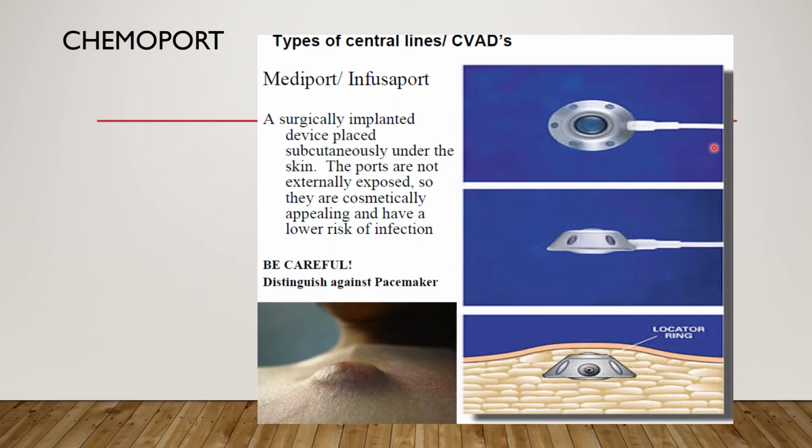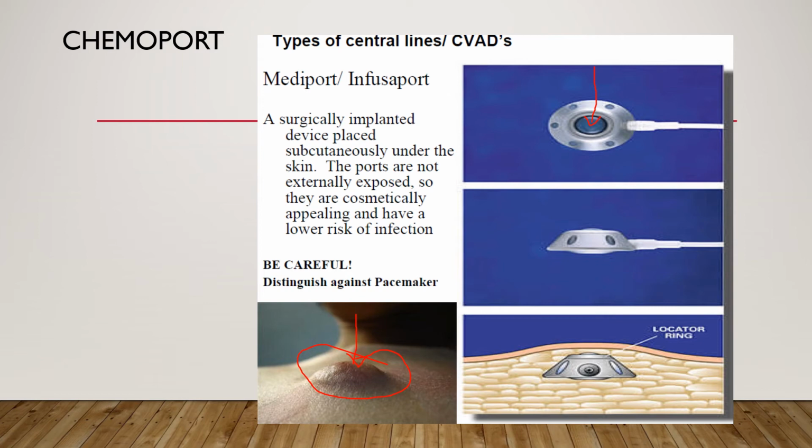This is a little bit about chemoports. Chemoports are permanent central lines. These are implanted in the superior vena cava mostly. So these are beneath the skin. They are not externally exposed. That is an advantage. They are cosmetically appealing. There is a lower risk of infection. Whenever the child comes to our center, then what we do is to access this line, we pinch here and we aim our needle here at the center so that we are aiming for this part. This is the part, and there we check for backflow. Once the backflow is ascertained, when we get a good flush refill, then we flush it.